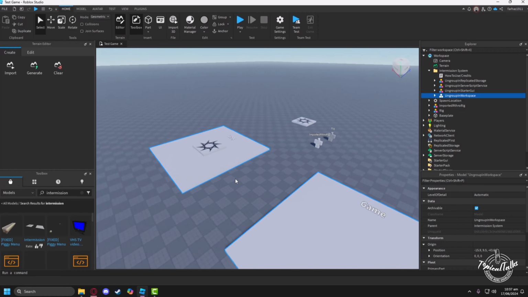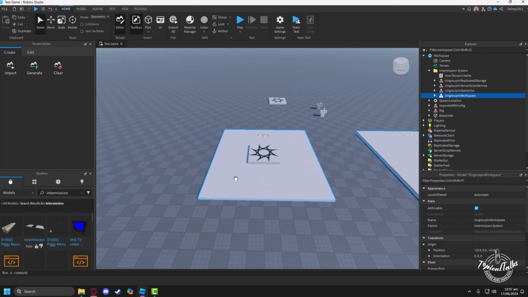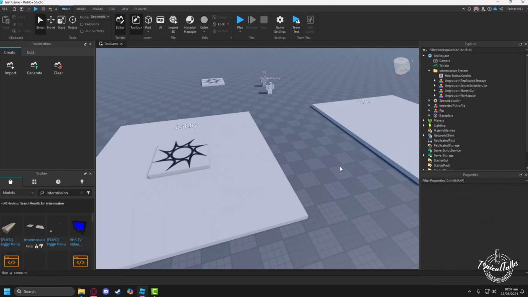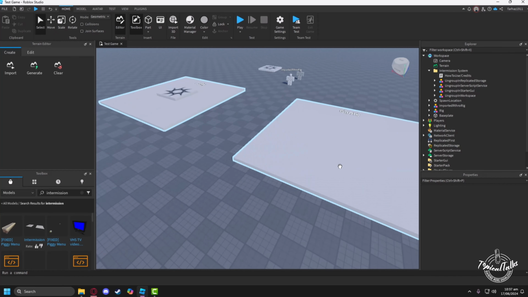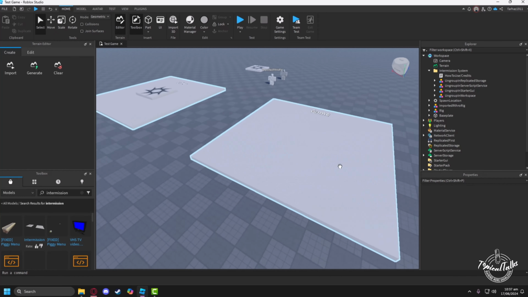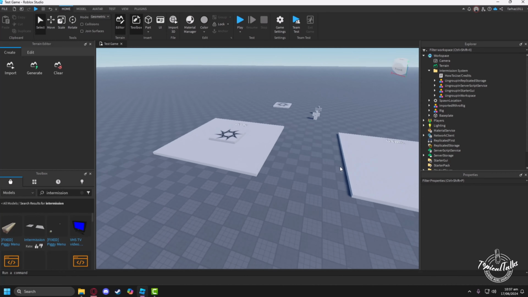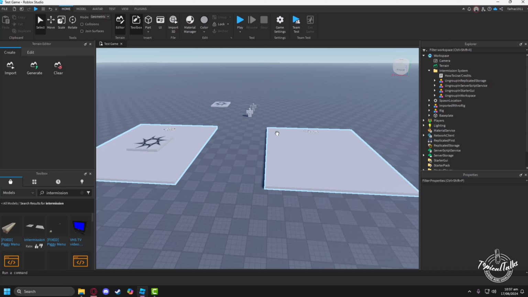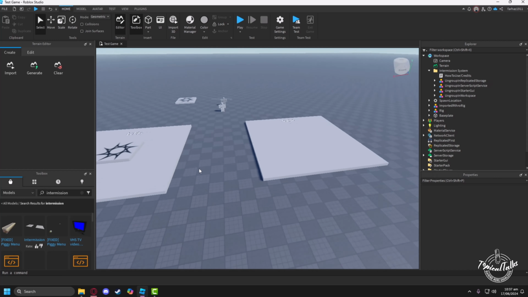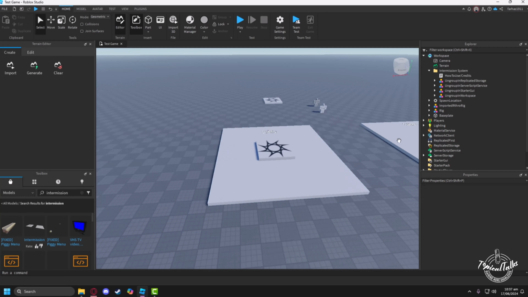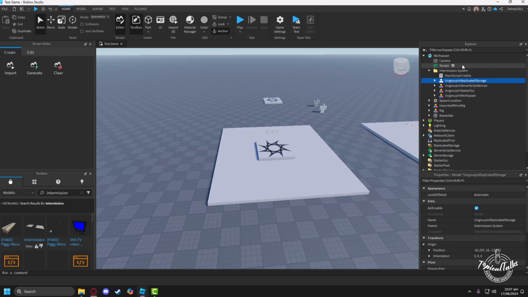So how this system works is firstly a player will spawn in this lobby area. After that, they will be teleported to the game area after a certain cooldown. You can build your lobby area and the game area around these platforms, or you can also make them bigger if you want. So in order to use it, we will need to take these files from the Explorer tab